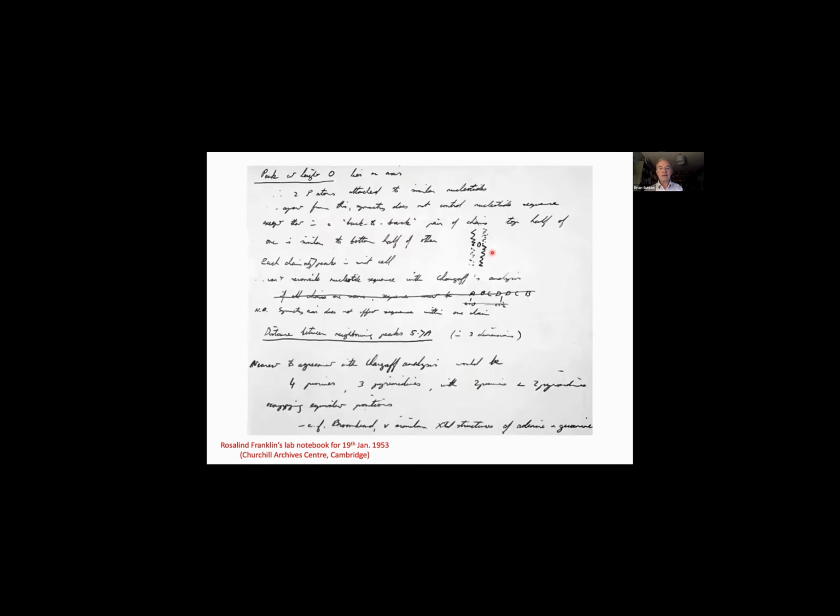Meanwhile, Rosalind is working on the A form, space group C2. And in her notes, you can see that she's very much aware of the significance of that C2 symmetry, that there must be a twofold axis of symmetry perpendicular to the axis of the fiber. So here, the two chains in her sketch, she has a 2-chain little model related